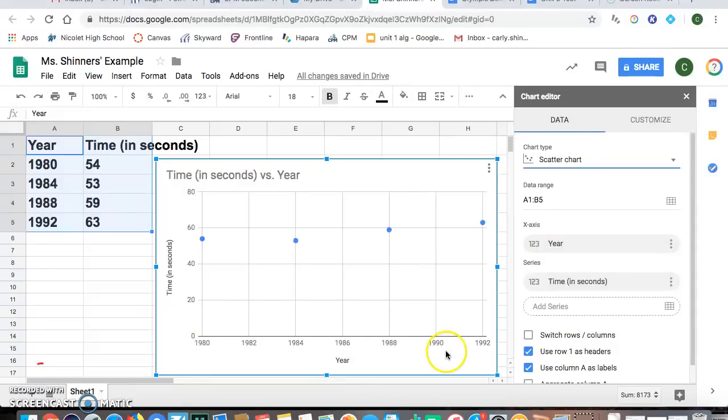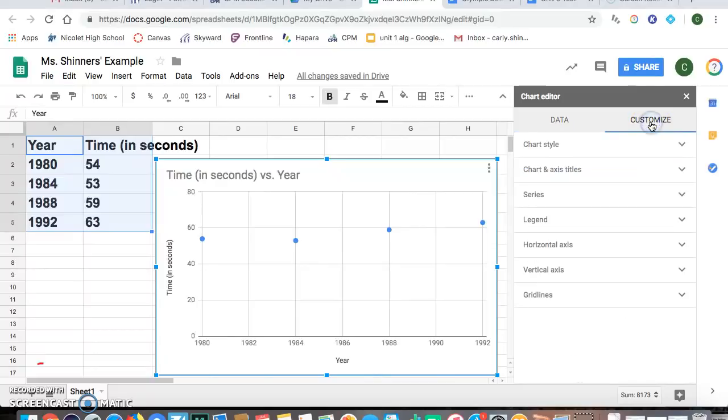And you want to make sure your year is on your x-axis and your time, whatever it's measured in seconds or minutes, is on your y-axis. And now that we've got a scatter plot, we need to figure out how to make a line of best fit. So to do that, you want to go over to Customize, and you'll see they have a couple different